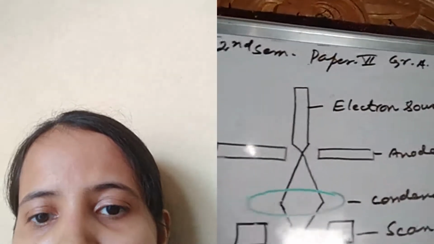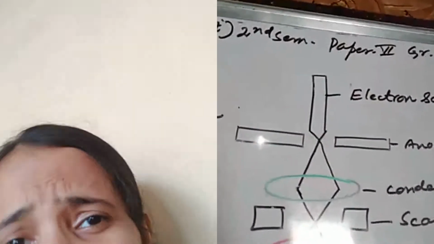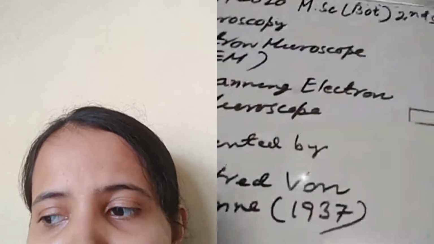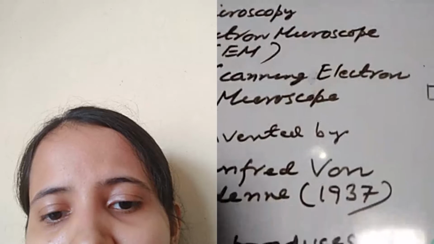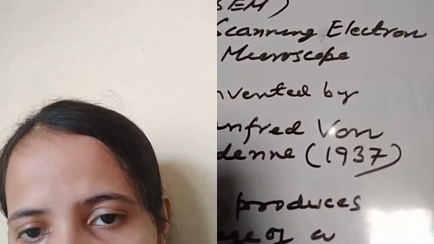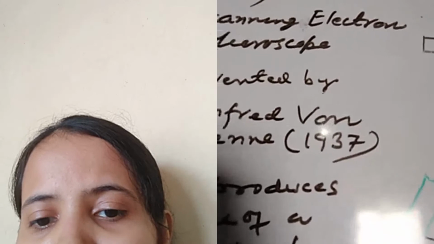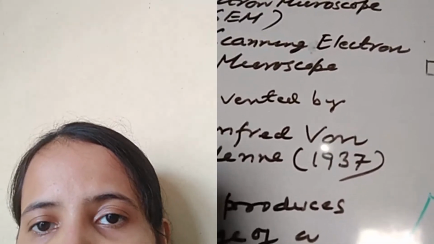This scanning electron microscope was invented in 1937 by Manfred von Ardenne, and this is the definition. How will you define the term scanning electron microscope? A scanning electron microscope is a type of electron microscope which produces the image of the sample by scanning the surface of the sample with a focused scan of the electron. And one of the very important features